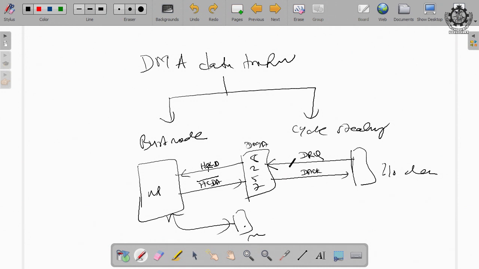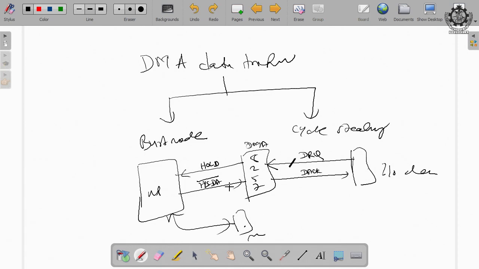Am I clear? Now, if the microprocessor wants to give the control to 8257 for direct data transmission between I/O device and memory, it will activate this HLDA signal, the hold acknowledgement signal. And once the hold acknowledgement signal is activated, the microprocessor has to hand over the system bus control to 8257, because the bus is the same. The system bus is only one that is available within the microprocessor or microcomputer, and this system bus will be shared by all the devices including the microprocessor.